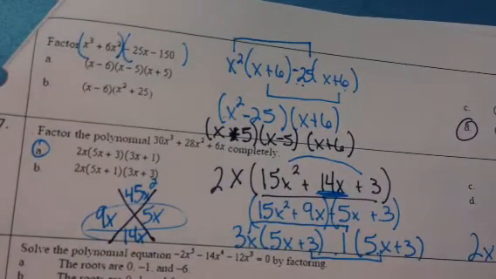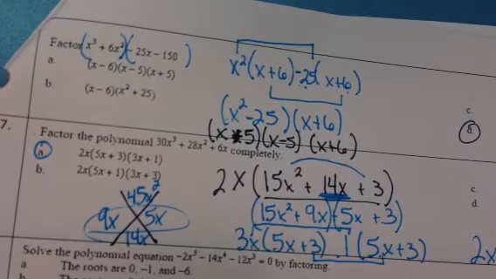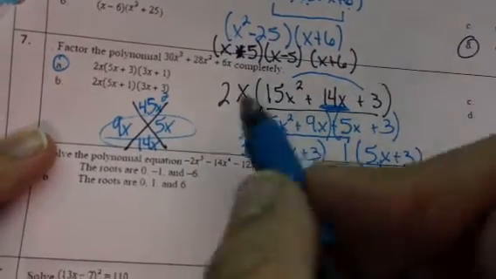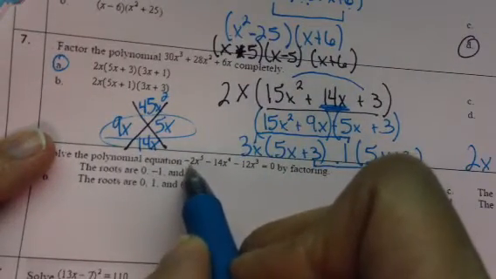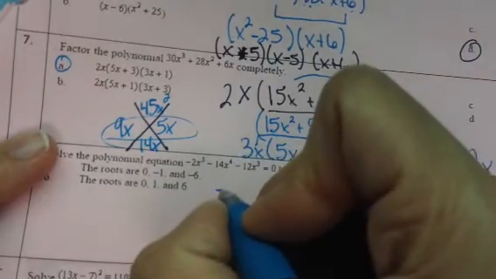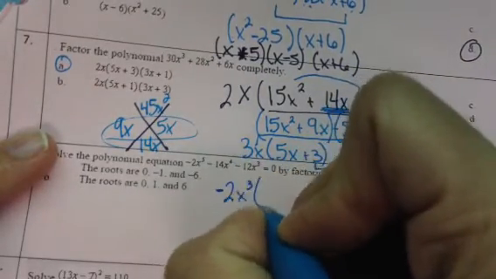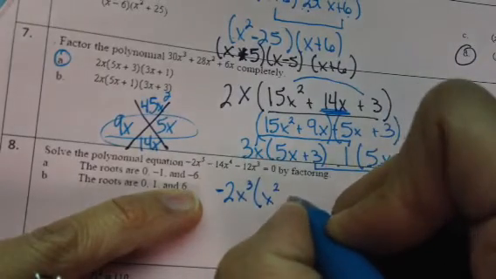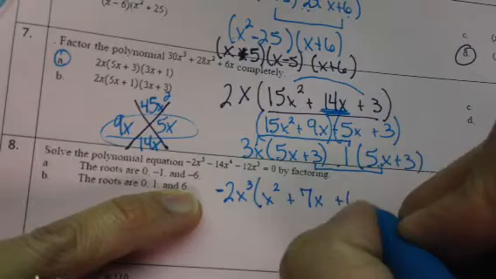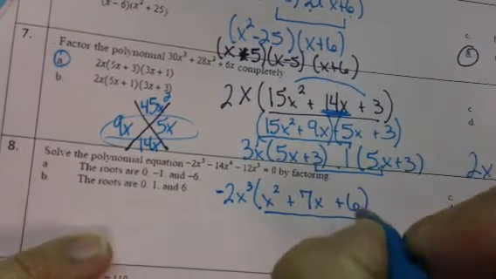All right, solve the polynomial equation. So solving, it just means the roots are, you know, those x-intercepts. So again, first thing I'm going to do is look for a greatest common factor. I'm actually going to not only just factor out an x cubed and a 2, but I'm going to factor out a negative 2x cubed. And then I'm left with x squared plus 7x plus 6. And then with this, I can factor,